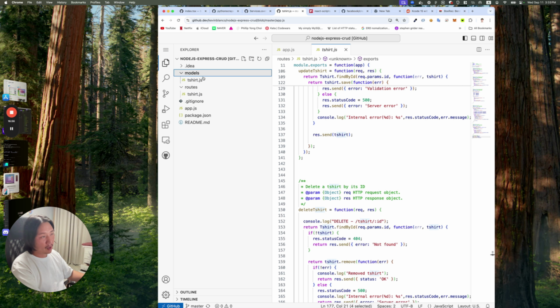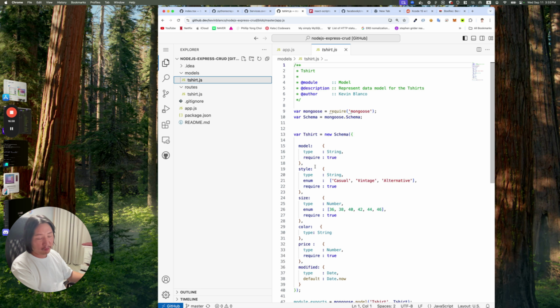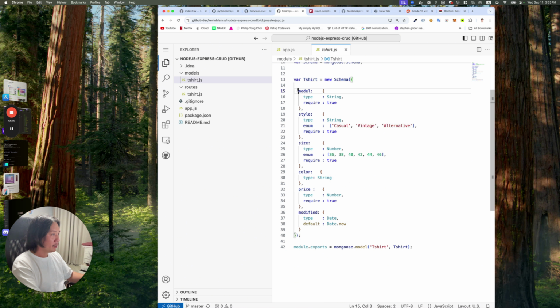So then you have some kind of model that you're working with, right? So he has a t-shirt schema, he has a model, what type of t-shirt it is, I guess, the style. It's going to be a casual, vintage, or alternative t-shirt, a size, color, price, and modified. If you make a CRUD project, what kind of things can you make a CRUD project out of, right? And that's basically everything. And it's a good way to kind of learn and get some domain knowledge on